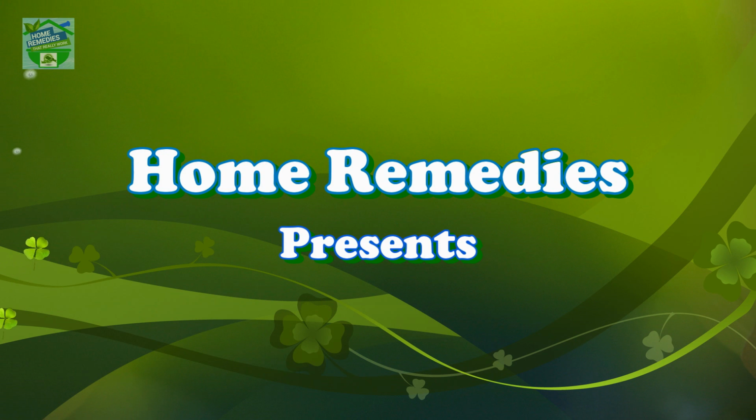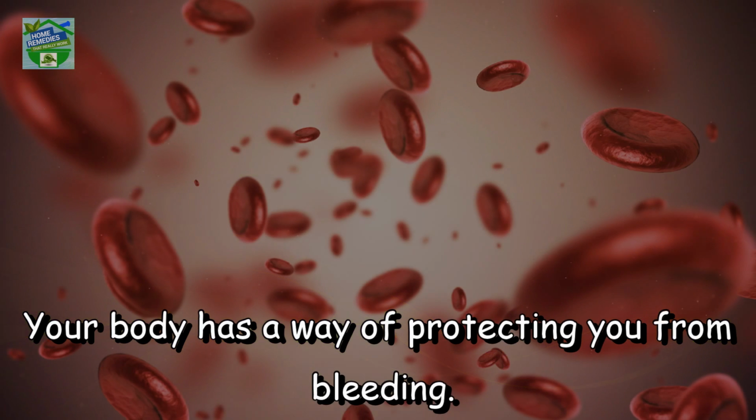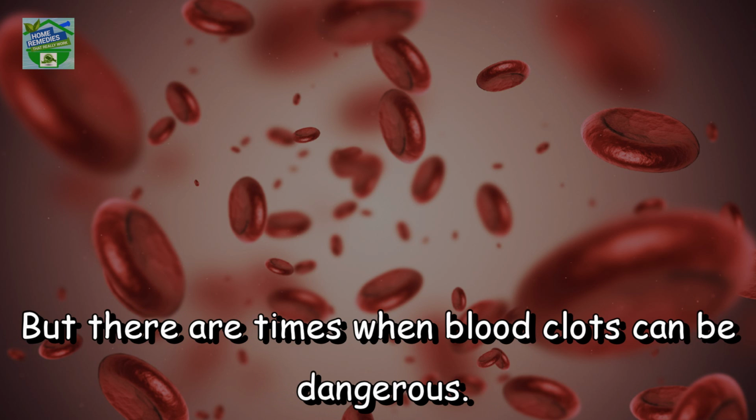Home Remedies presents How to thin your blood naturally and prevent deadly blood clots. Your body has a way of protecting you from bleeding. Most of the time, your blood's ability to clot is a good thing, but there are times when blood clots